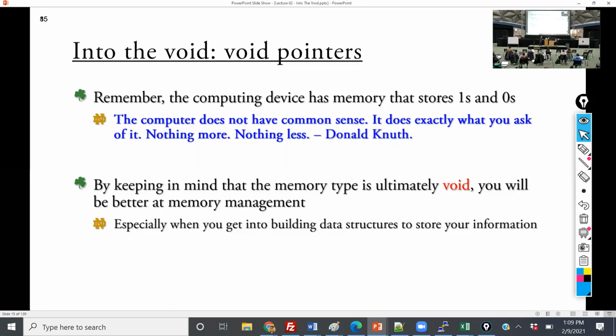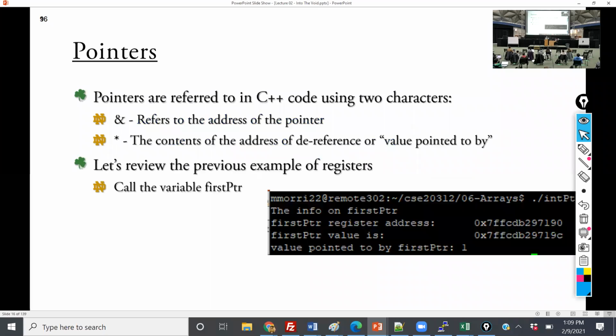When I say it's void, that's all it is. I'm pointing to a location, and it doesn't mean anything other than where it is. So that's what we mean by void pointer. So let's go over this again, except now we're going to add the concept of void. Now we're building closer and closer to what we want to do inside of the computer.